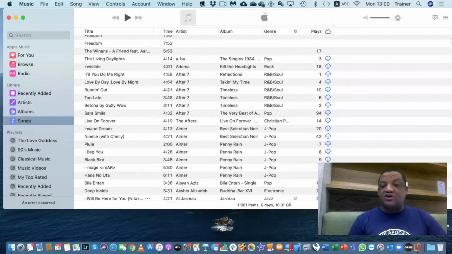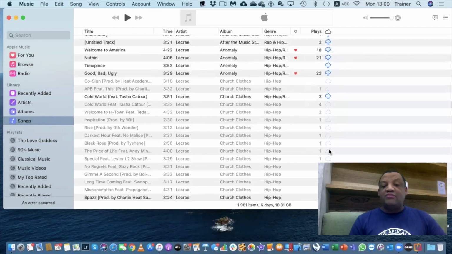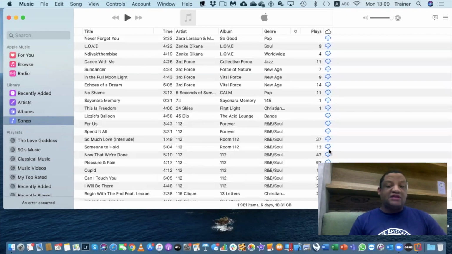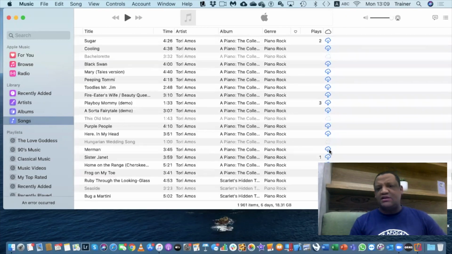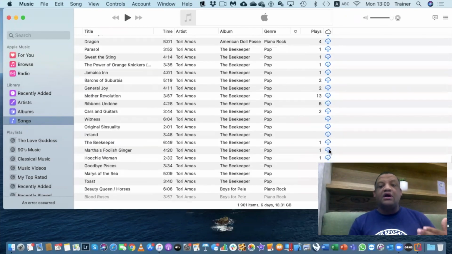Whereas these ones are in my library, but I can only stream them or listen to them when I'm online. But if I go further down, you will see that there is some other music that gives me other types of symbols that might say that it is waiting or it cannot be downloaded and so on.